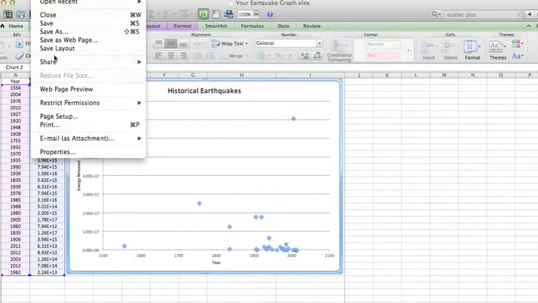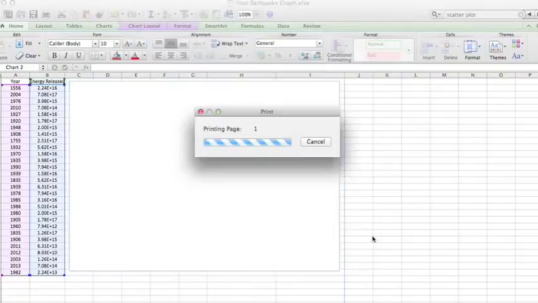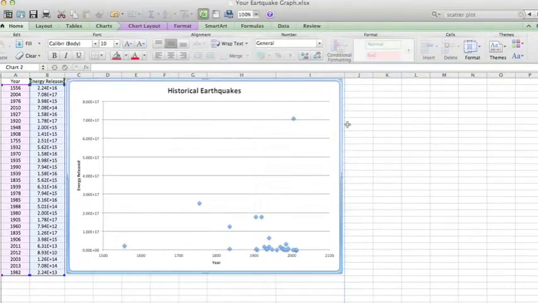I think I'm all set now. So I'm going to print, and it looks good. So I will print. And that's how you create